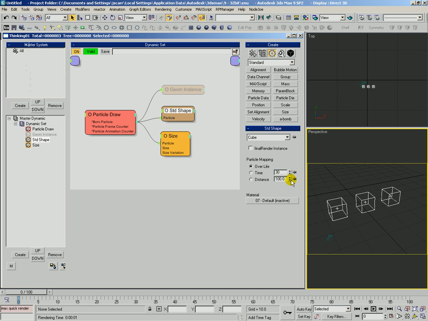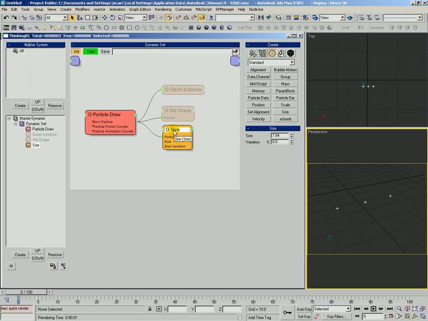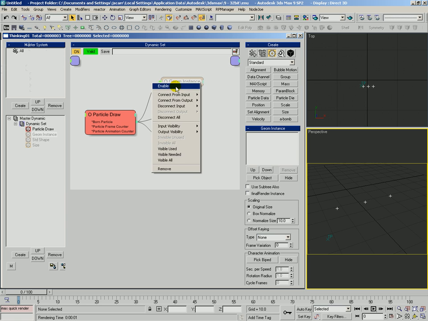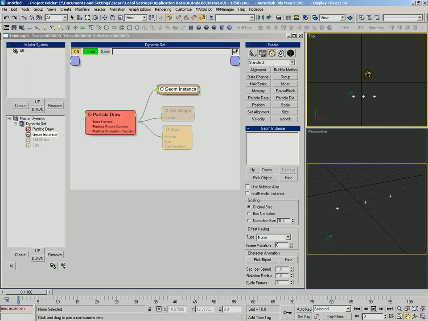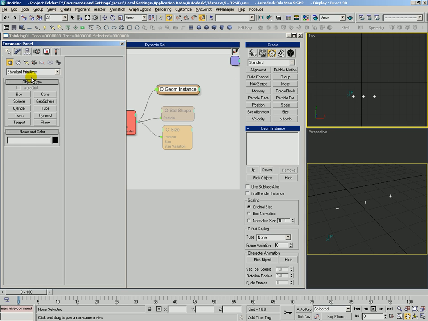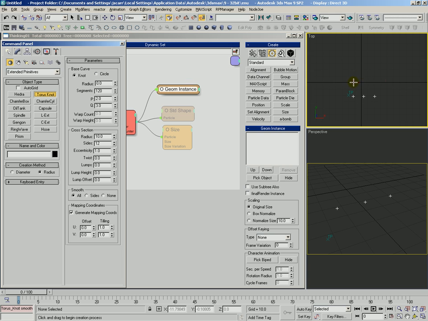Anyway, we're going to go ahead and right click and disable standard shape and right click and disable size. And now we'll go ahead and right click and enable Geom Instance, and we're going to bring up our command panel, and we're going to create some extended primitives up here. Let's go ahead and create a torus knot. We want to create a small one,